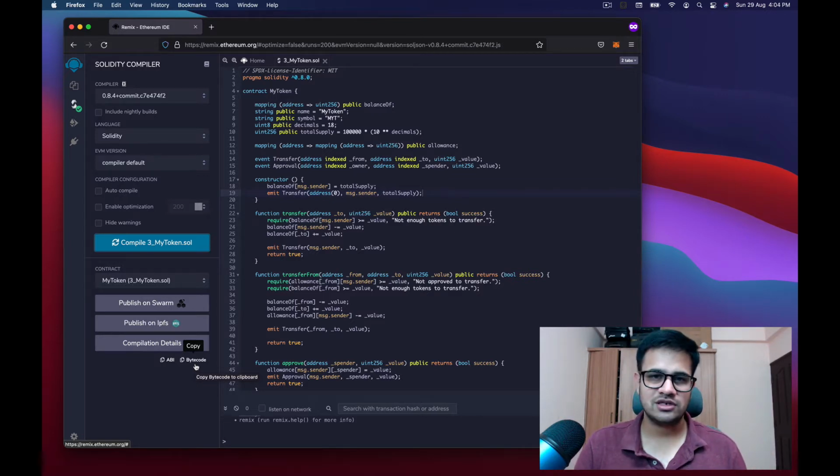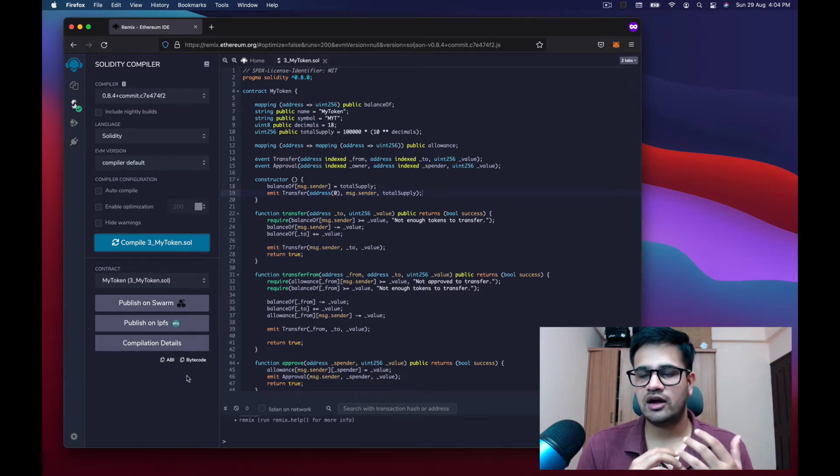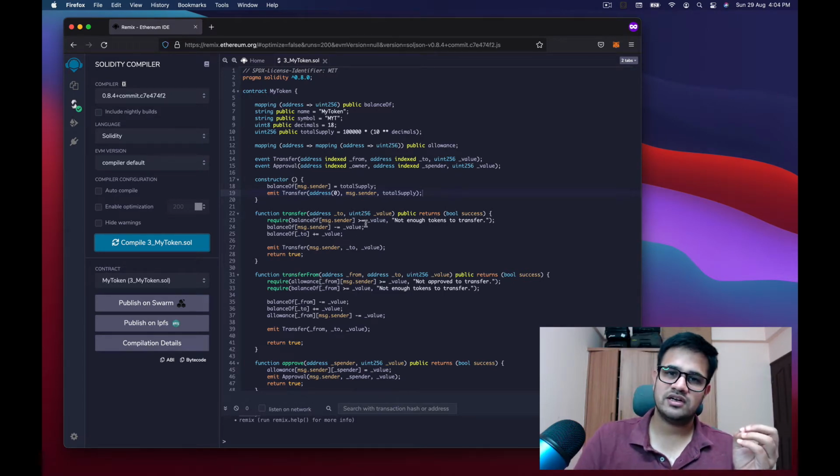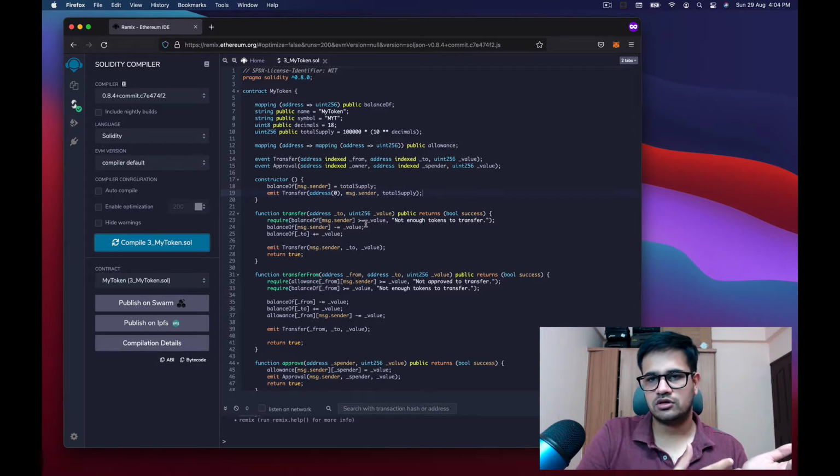But what you essentially do is send a transaction with the data to the 0 address on your blockchain, so on Ethereum or Polygon, whatever, and with that data the chain creates the contract. And how does the chain understand that data? It's basically through the bytecode. Whenever we write this code, we convert it into bytecode, very similar to how Java works, and then we deploy this bytecode on the chain, and that is how the chain knows how to execute that code.